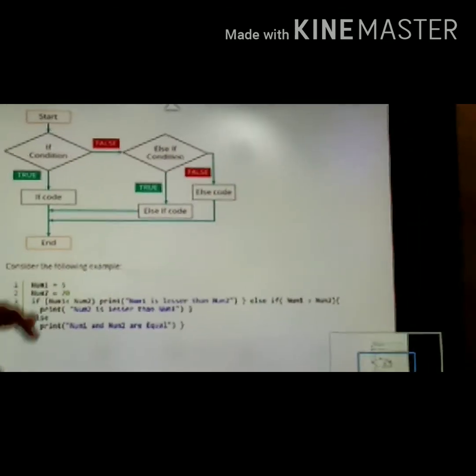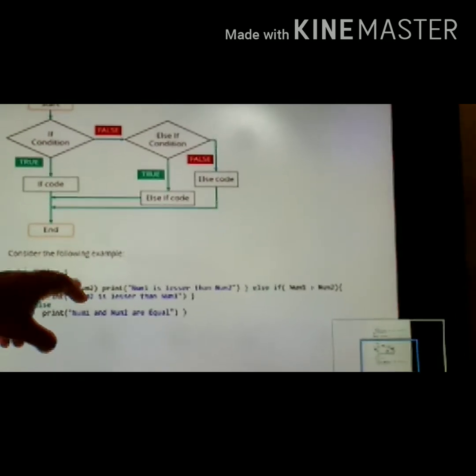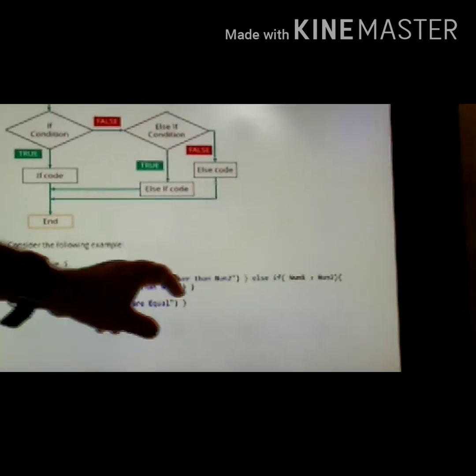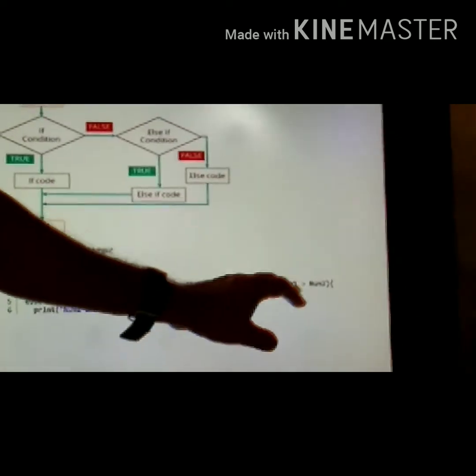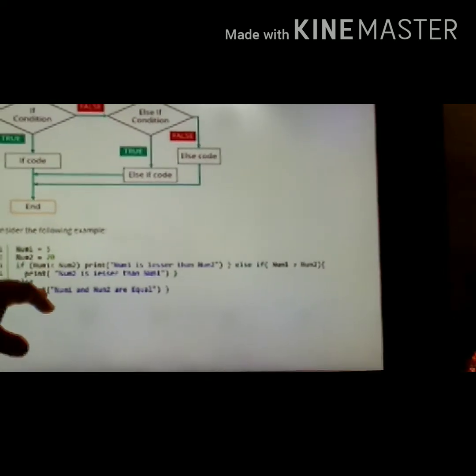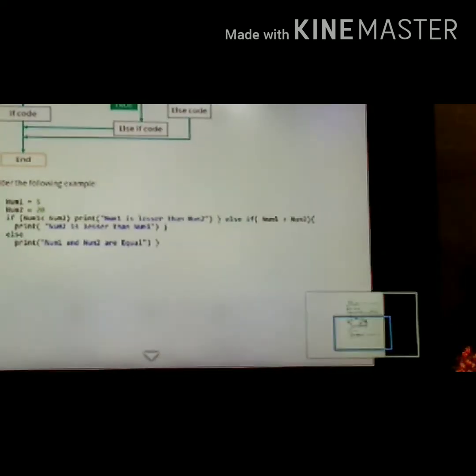So in this example, number 1 equal to 5, number 2 equal to 20. If statement: number 1 less than number 2. This is number 1 less than or equal to number 2. Else if number 1 is greater than number 2, print number 1 is less than number 2, else print number 1 and number 2 are equal. And finally,